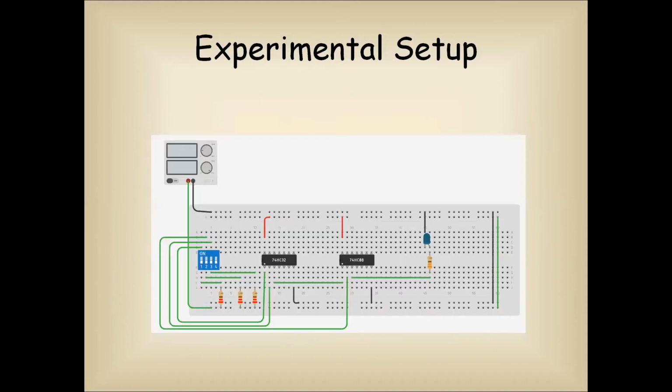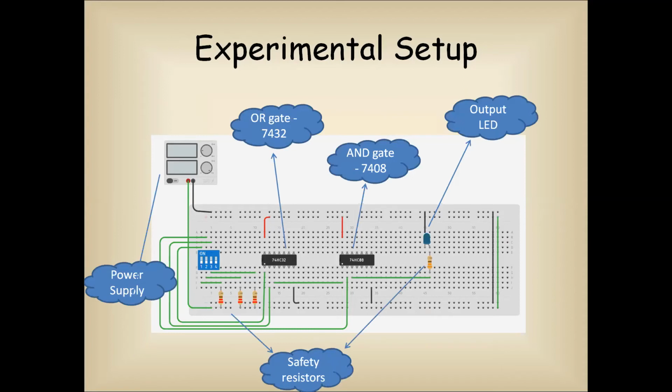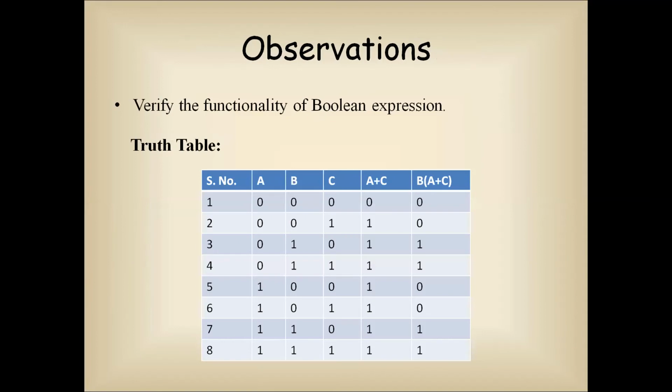I'll just show you the experimental setup here. So this is the experimental setup. As I have already mentioned in the other experiment also, you need not place the components just like this. You can place them in any manner which is comfortable to you. This setup is given for your reference. This is the setup which you will get once you connect all the components on Tinkercad. Now let us see how to simulate the experiment. Before that, I'm showing you all the equipment highlighted here. Then let us note down what kind of observations we need to make.